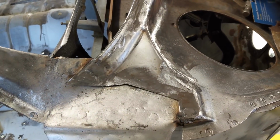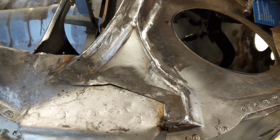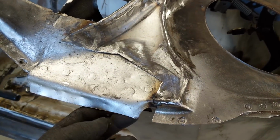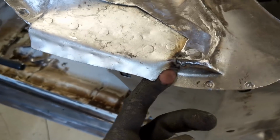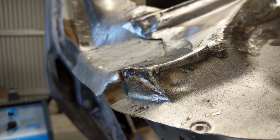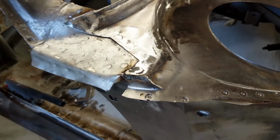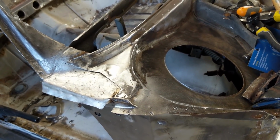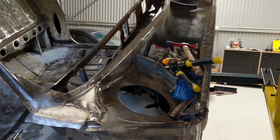I'm happy with the curve, happy with the quality of the metal. It's not so dinted and banged up. It's reasonably flush and straight on some of those flat spots. And it's all held together nicely. That gap in my reference photo is pretty much spot on. The angle between the relationship between these two is pretty much accurate. This is sort of like 90 degrees, and this is coming down more of an angle. So I'm happy that that whole section's done, and I'm happy that the whole plenum chamber is now done